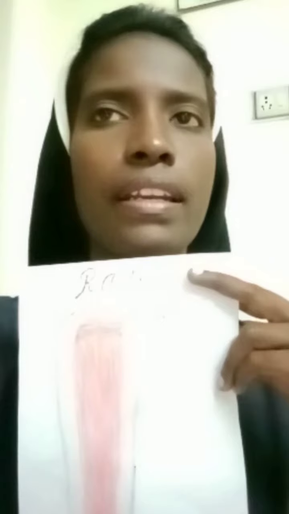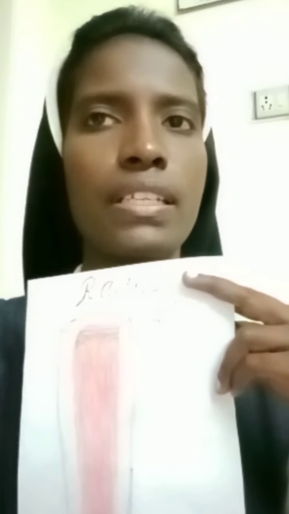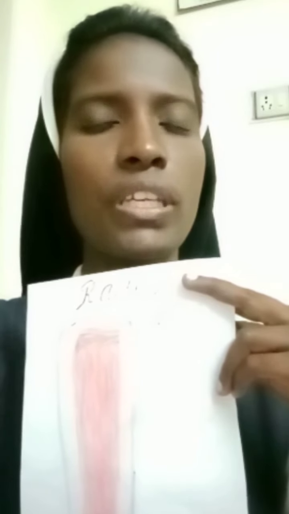Radius bone. The radius bone is one of the 2 largest bones of the forearm. It extends from the lateral side of the elbow to the thumb side of the wrist. The radius bone is thicker and is considered the largest of the 2 bones. It is a part of 2 joints, the elbow and the wrist. It is the main bone of the forearm, also known as the radial bone.